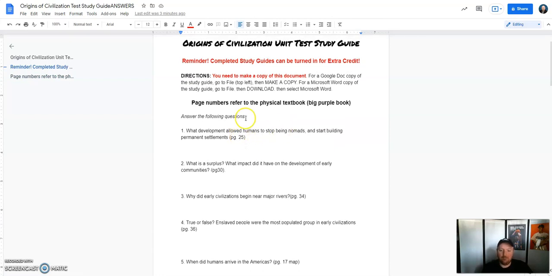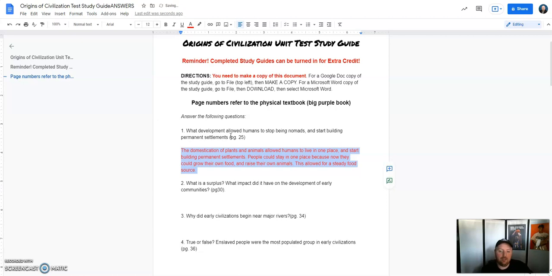So question number 1 on the study guide. What development allowed humans to stop being nomads and start building permanent settlements? So that would have been the domestication of plants and animals, right? So humans were nomads. They're wandering around just searching for food, eating whatever they can find. Once you learn how to grow your own food, once you learn how to raise your own animals, you can